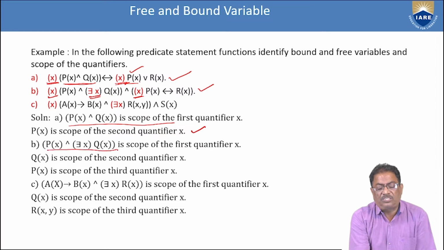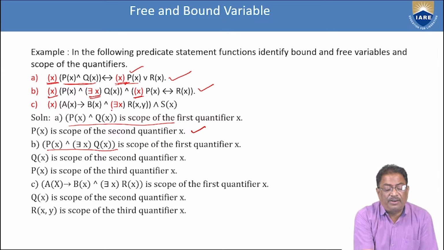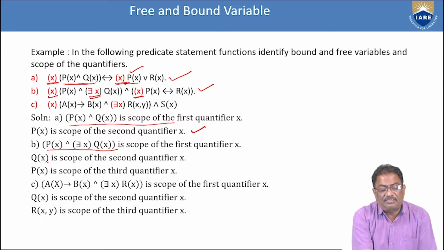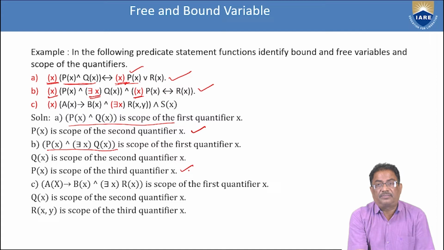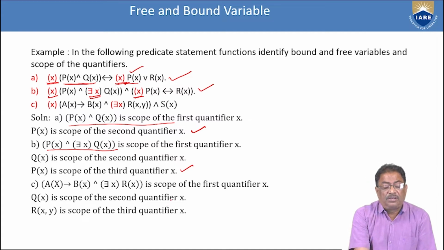Is the first scope of the first quantifier. And next, the second one is there exists x, Q of x, which is the second quantifier of x. Then another one is P of x, the third quantifier of x. And like that, the third one, if you consider, the bound variable is x. And next, the first one is A of x to B of x, and R of x